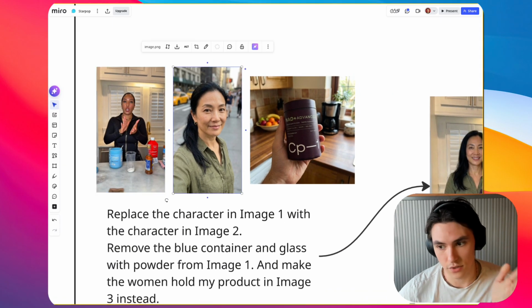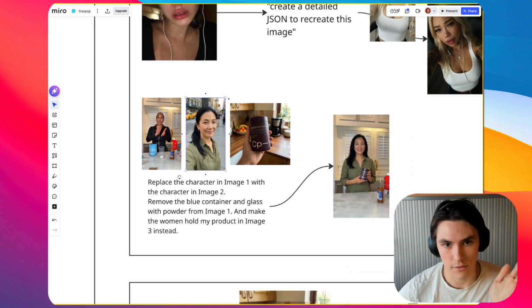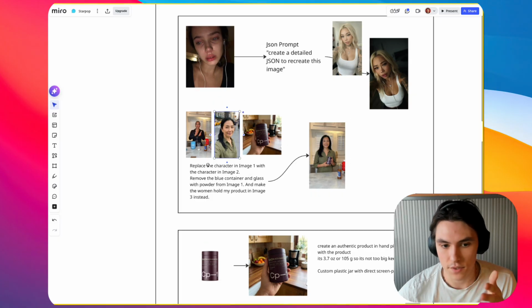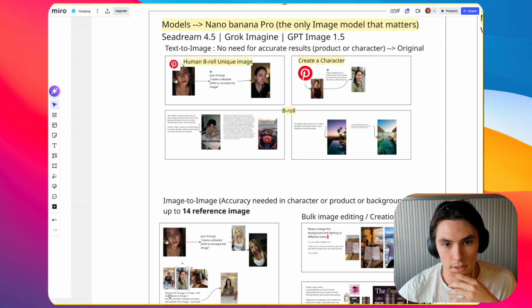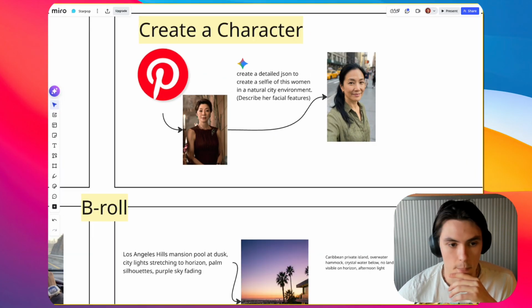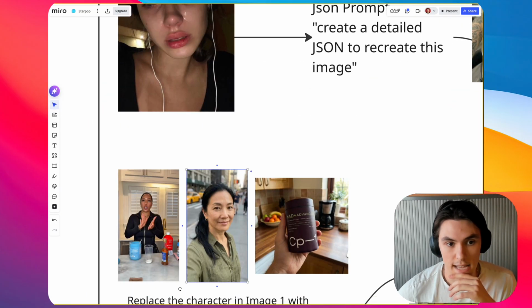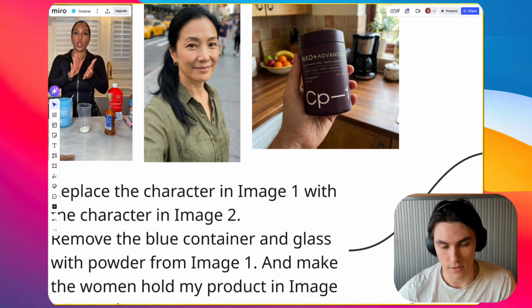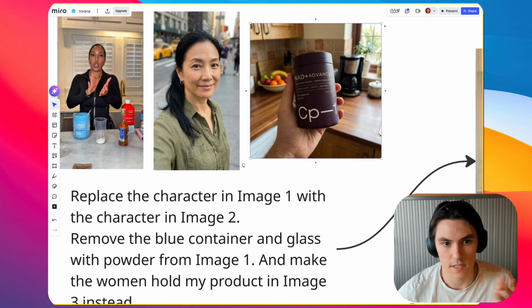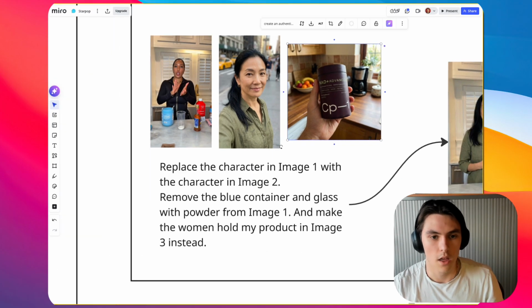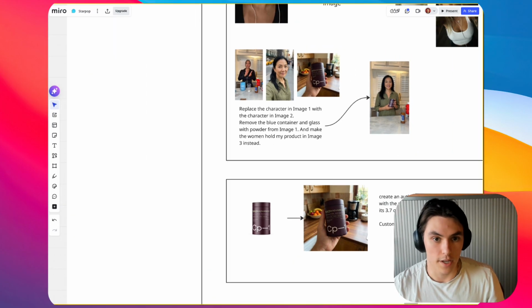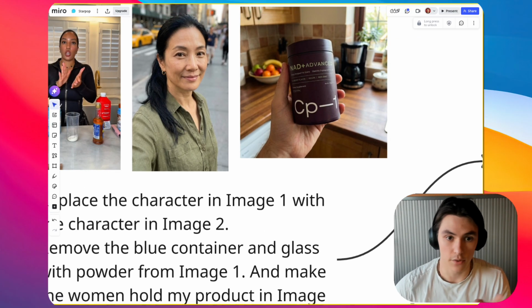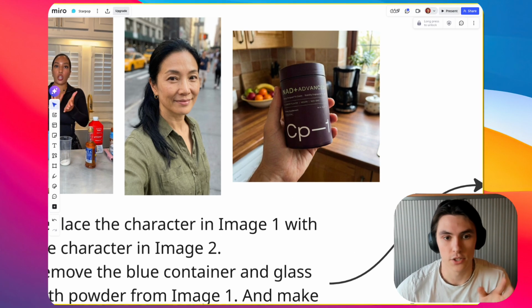Then we're going to use our character, whatever character AI influencer you have. So again, this is the AI influencer that we created here. So we'll pass this as the second image. And then for the third image, we'll pass our product. So this is a client product CP1, someone who is in the Discord. And in order to create this image, a slight note, this image is actually also an AI image